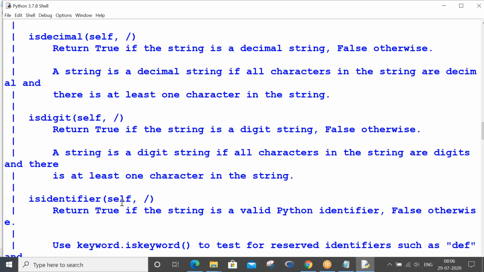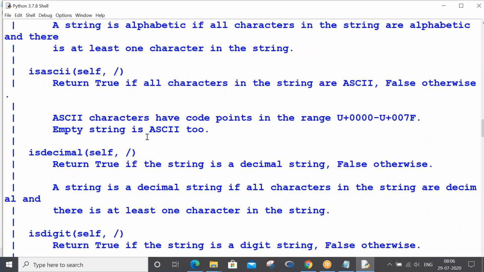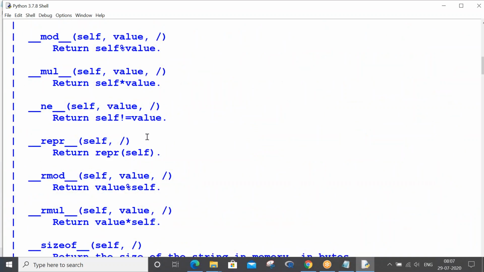This is just for your information. Even if you don't know OOPs concepts, that's fine. We will cover that in our further classes. So the point is underscore underscore word underscore underscore. This kind of notation will be there only in Python.